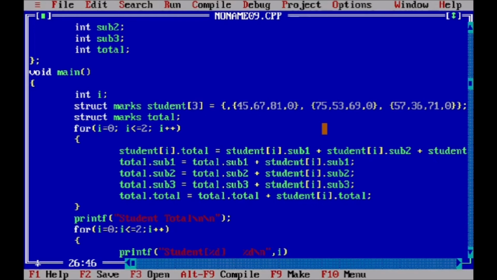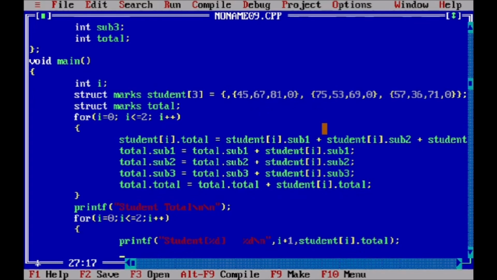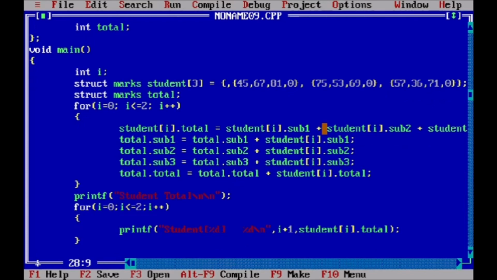So it gives the marks like student I is equal to, or student 0 is equal to. Here we write I plus 1 because in the for loop the value of I starts from 0. If we want the numbering like student 1, student 2 and student 3, that's why we are doing I plus 1. If you want to write just student 0, student 1 and student 2, then it is fine, and you simply write I.